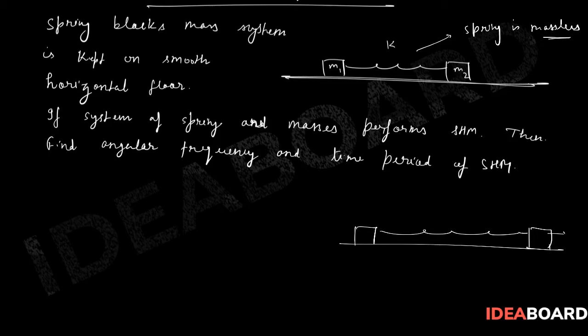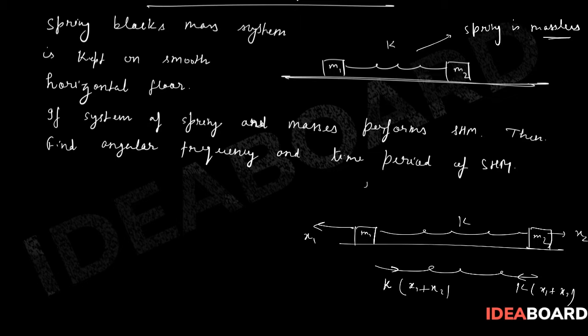So let's say I stretch this block up to x2 displacement, and let's say this block has x1 displacement. This is m1, this is m2. That means if you see the FBD, the spring will try to restore its ends, right? So there will be a restoring force, which, if the stiffness is k, will be k x1 and k x2, so k times (x1 plus x2). That means the total elongation will be taken into consideration. So the total elongation is x, which is x1 plus x2, right?